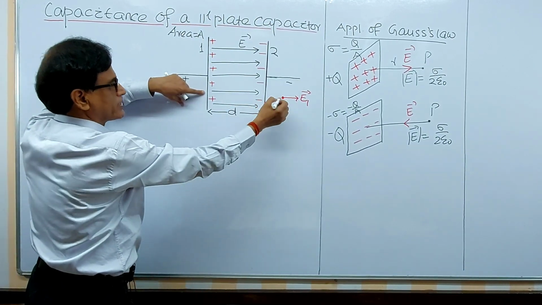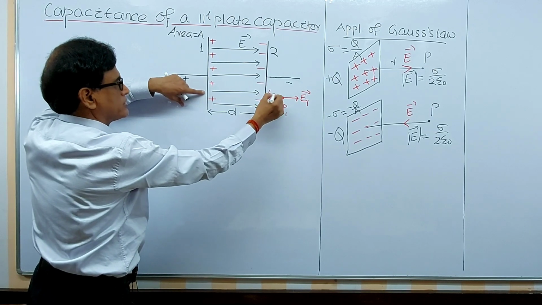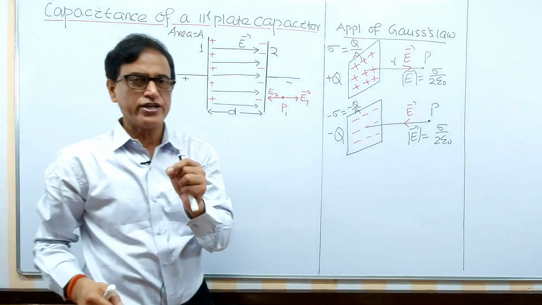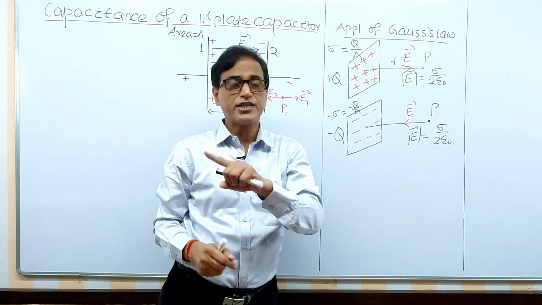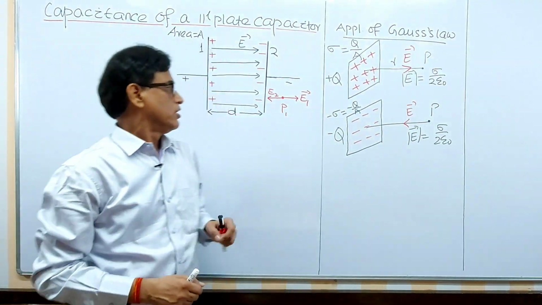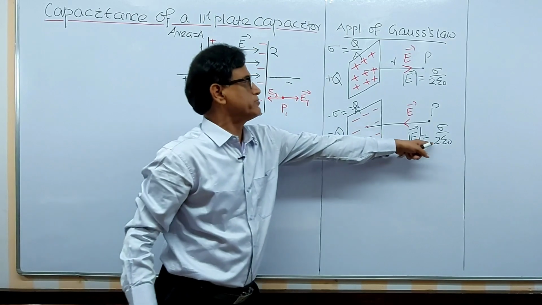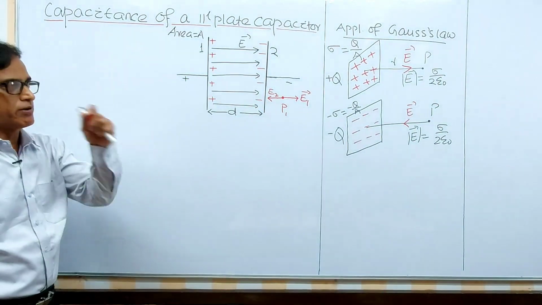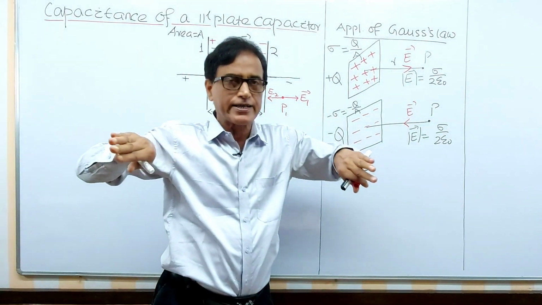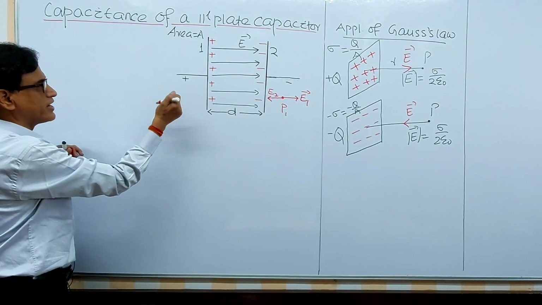Now due to the negative charge, due to this plate, this is E2, towards the negative charge. The electric field due to a plane sheet of charge is independent of the distance, as per the applications of Gauss law. So we can say these two electric fields are equal in magnitude, as I have specified here, sigma by 2 epsilon 0. These two are the same in magnitude but oppositely directed, hence they cancel out. The same thing happens on this side also.